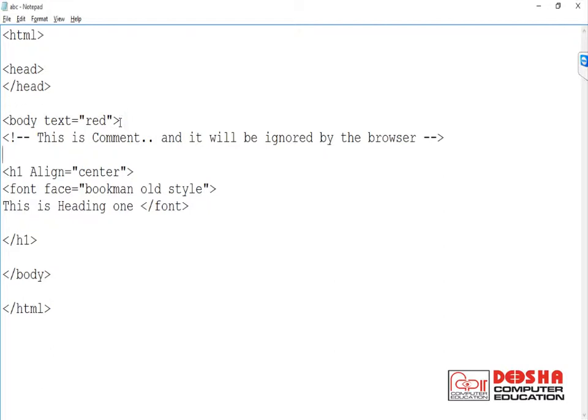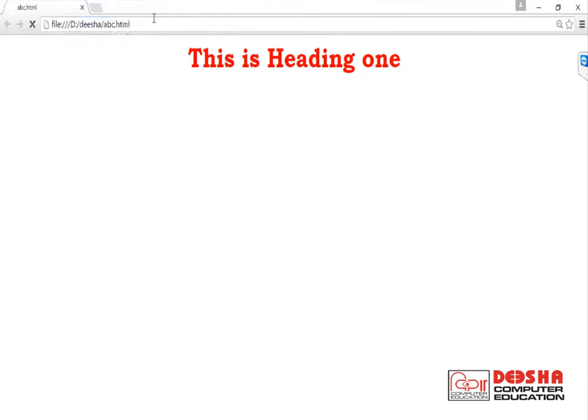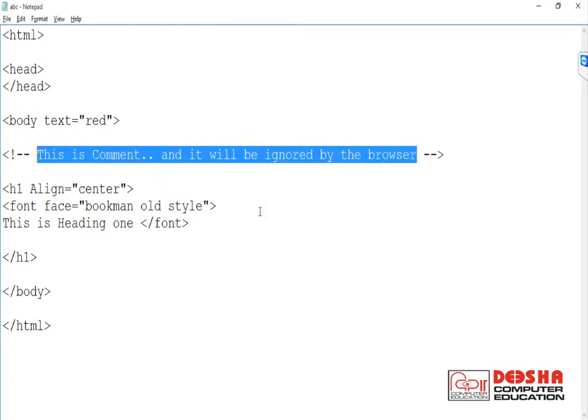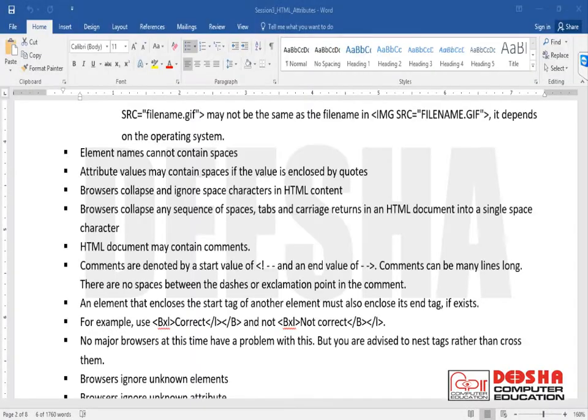Anywhere you would like to insert some comments, you can use these tags. This is the start of the comment and this is the end of the comment. You can write comments like this also. If you run this page, you will see the comment will not be displayed. Whatever you write inside these tags will be ignored. Why do we write comments? Many times we want some help text or a description of some part of the website. For that purpose we can have comments, and comments will be ignored.